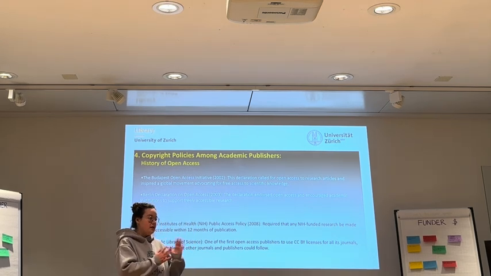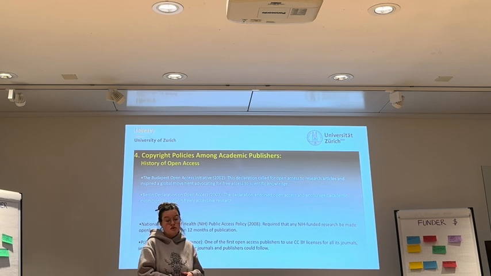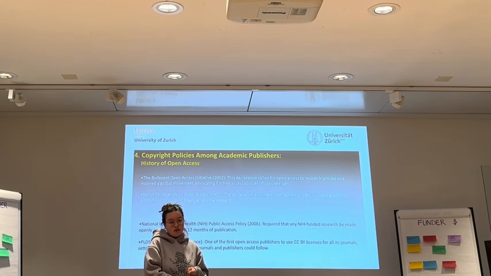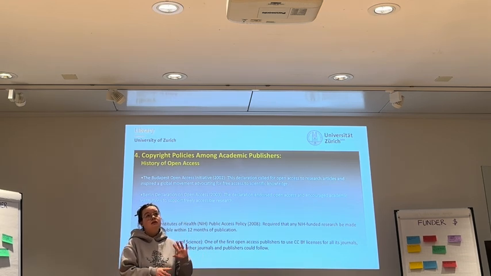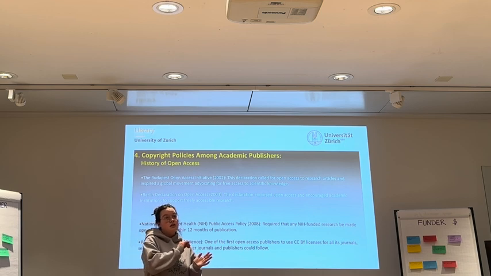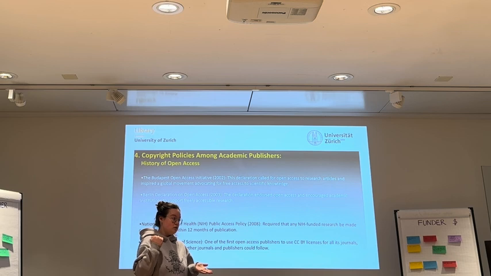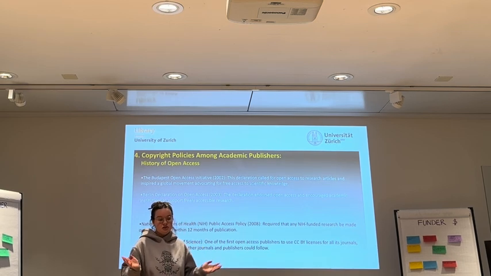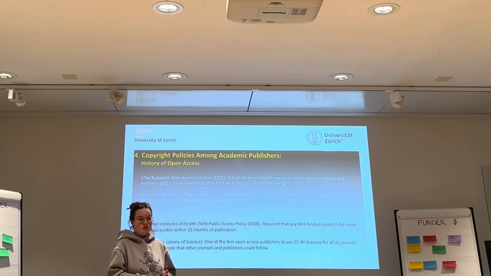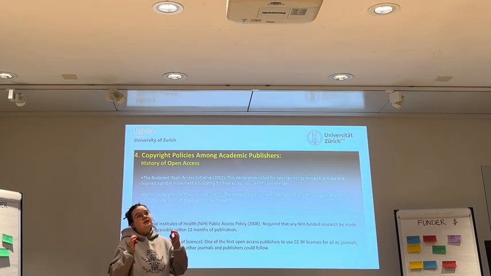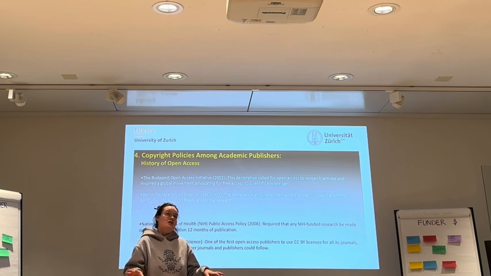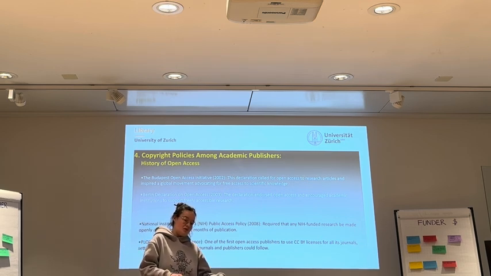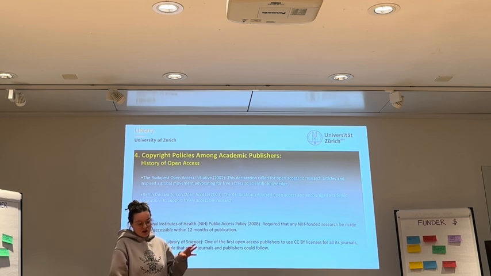So, as Anna showed today in the first presentation of the day, in the 70s, 80s, 90s, the prices of journals were increasing really fast, and the researcher community and the readers were not really pleased with it because the rate of spending on their economy was the same, though the prices were increasing. So after that,